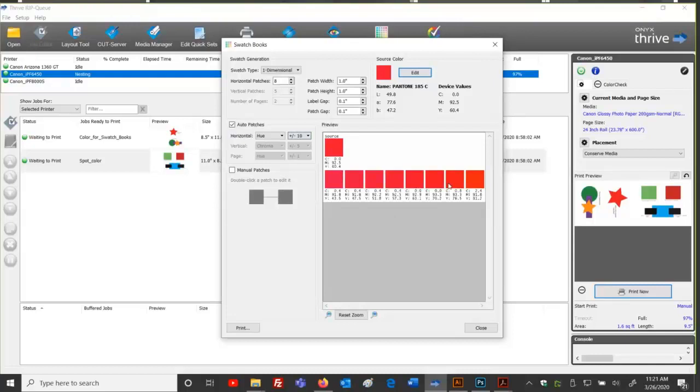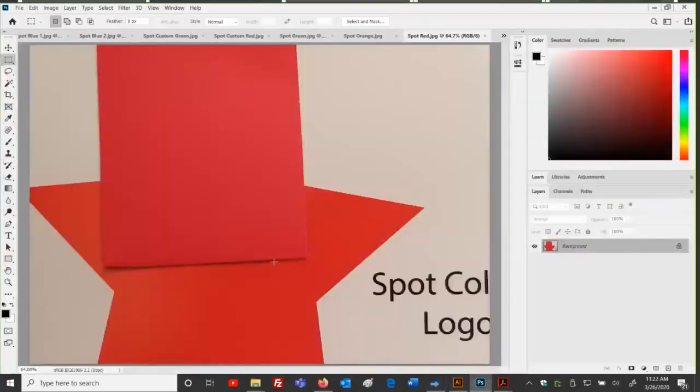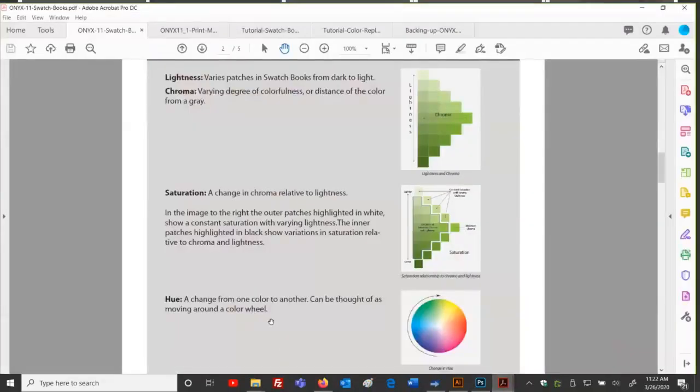Now right there on the display, you can start to see on the left, we look more like a magenta red, and on the right we look more like an orange red, a lot of yellow. Well, that looks very much exactly like the issue I'm having here. So hue might be the visual difference of what I would evaluate this as. So when I make this comparison, looking at the object that I want to match and the object that I printed, and I compare these two and decide saturation, lightness, chroma, hue, what is going to be my change value to this?